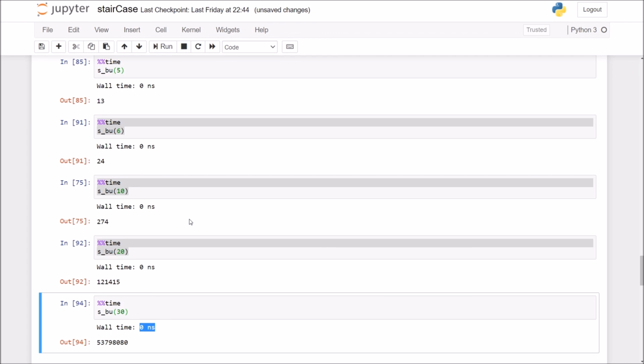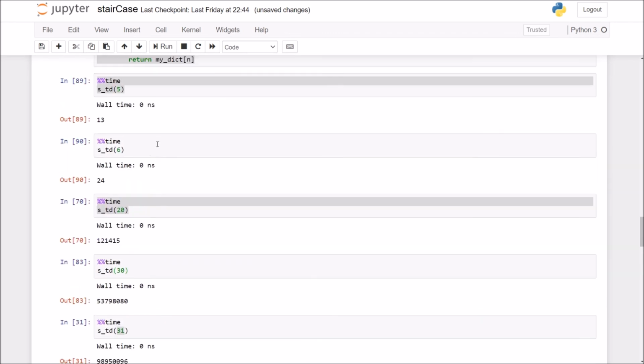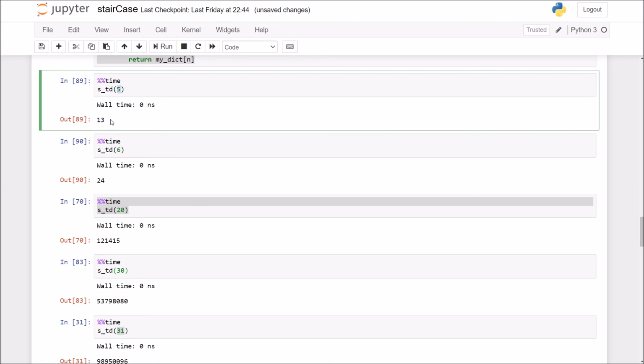And one more thing, in next video we are going to print all the ways. That is, right now what we have seen is for n is equal to 5, total number of ways is 13, but what are those ways? So in next video we will try to print out all the ways.